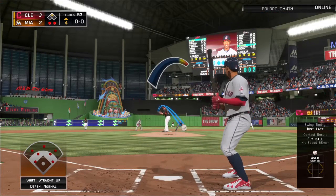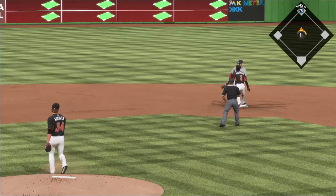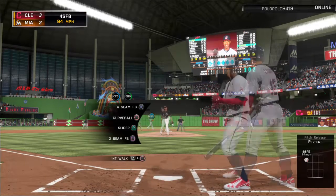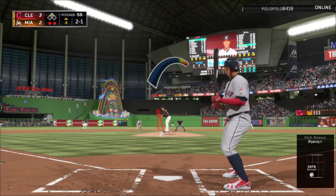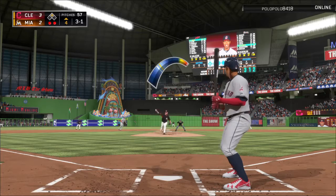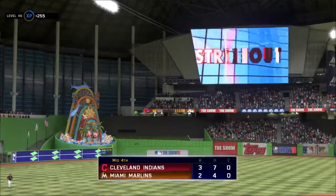Francisco Lindor will stand in. A strikeout victim his first time, and then a base hit last time around. Now a first pitch curveball floats a bit high that time. It's a ball and no strikes. Spin and a throw back to second, and he's back easily. 3 runs, 7 hits. No errors to this point for the Indians. That's wide, 2-0. Over the outside half, and it's 2-1. And he can't catch the corner here, so he's behind 3-1. Hit out of play, and it's a full count now. Now a check swing, but that's in there for strike 3 anyway, and the inning is...